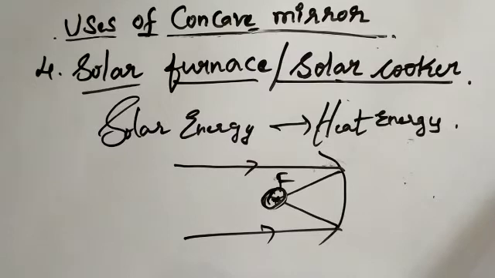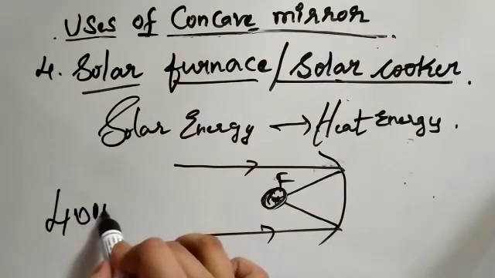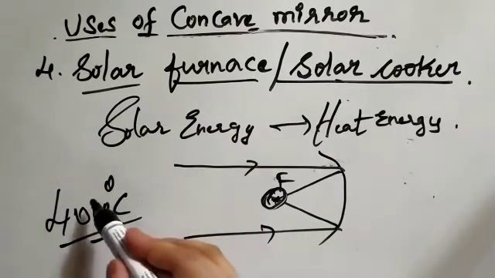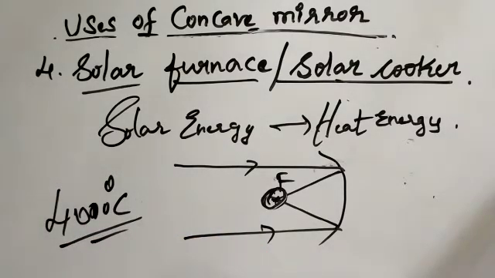As per a survey, nearly 4000 degrees Celsius can be reached. This is just for your information. It is not important for your chapter. In the syllabus they won't ask how much temperature it will give. Just know the concept that nearly 4000 degrees Celsius of temperature can be achieved through this solar furnace, produced in this device due to solar energy.